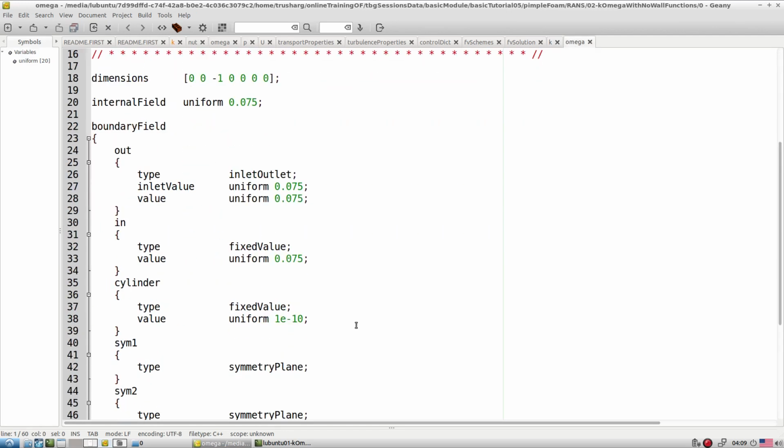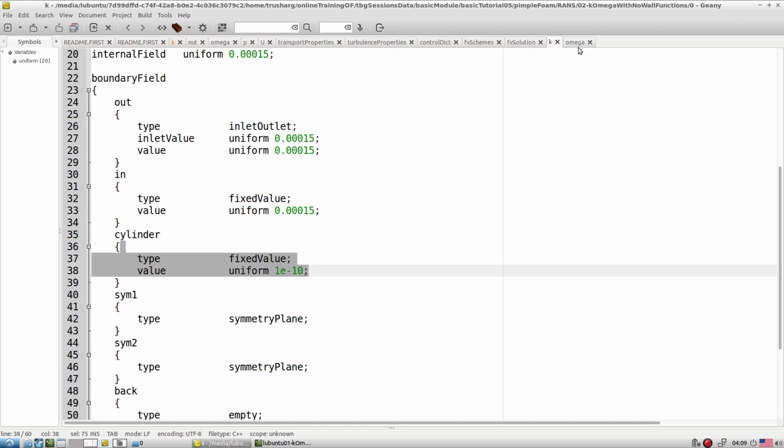Okay, so if you don't want to apply any wall functions, then you have to specify absolute value, and this value is supposed to be very tiny. Okay, so that is how this case one can run without wall functions. So if you want to work without wall function, in that case your mesh is supposed to be pretty fine. That means your y plus value is supposed to be something like 1 or so. Okay, so that is how one can check exactly that you are able to capture the viscous sublayer very nicely.